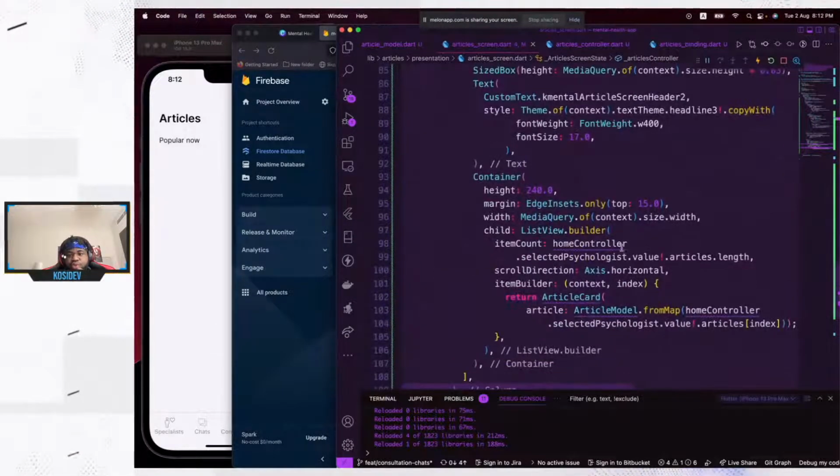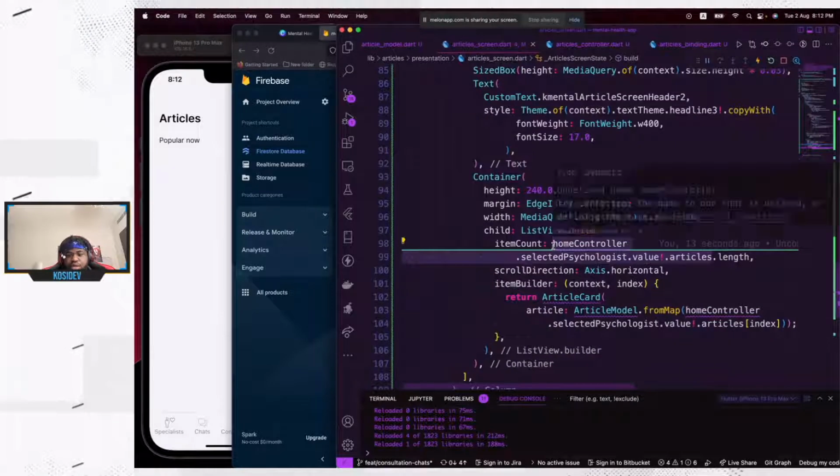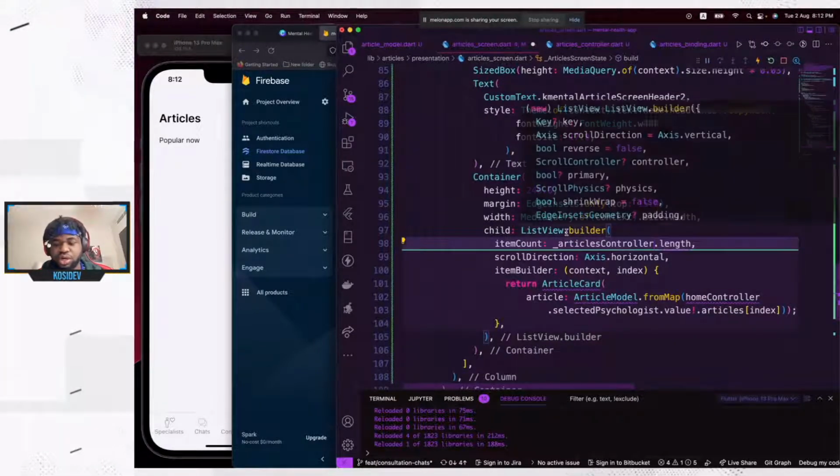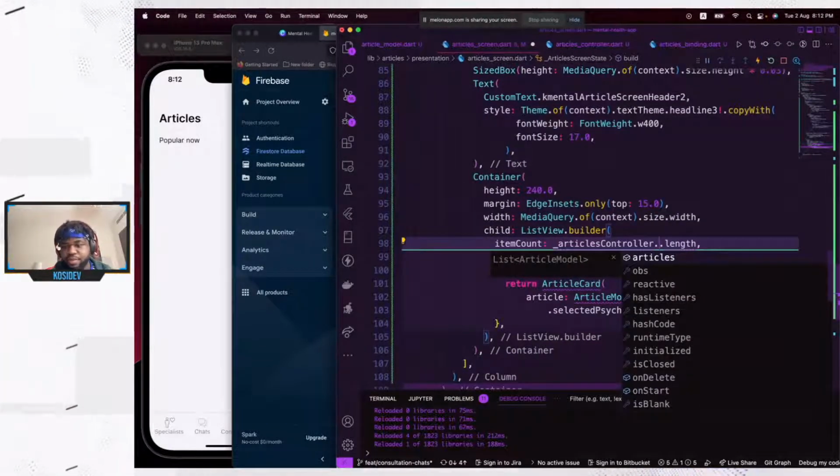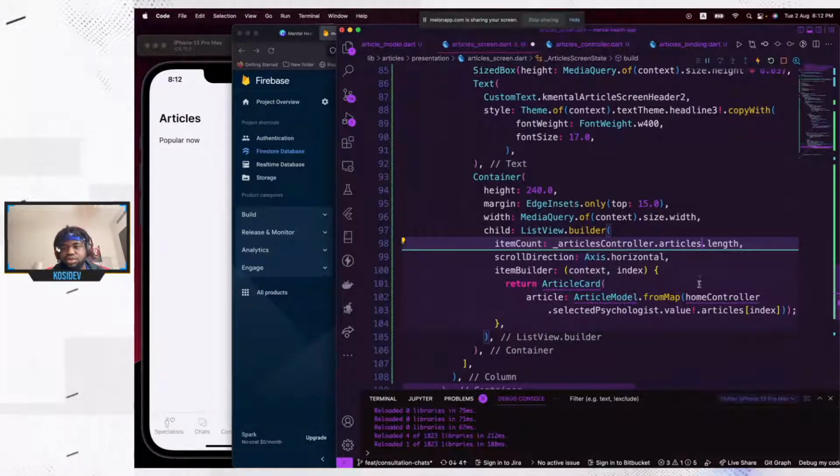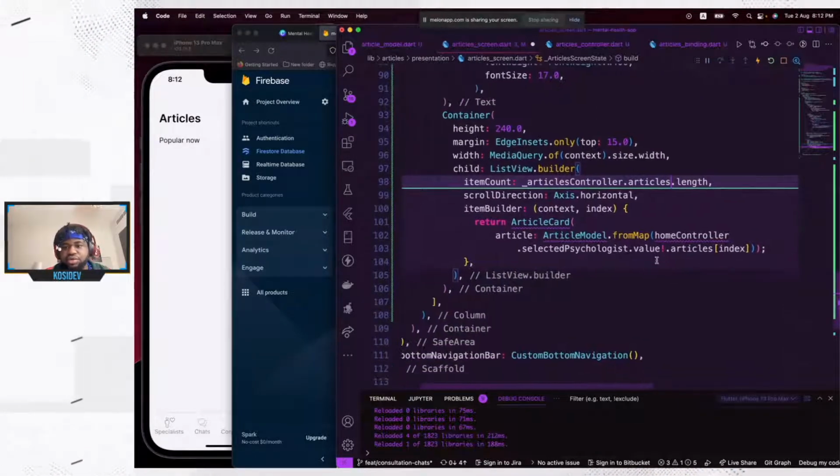So I'm going to replace everywhere we have this home controller with it. So this should say something like articles controller dot articles, yeah, dot length. So for each of the articles,